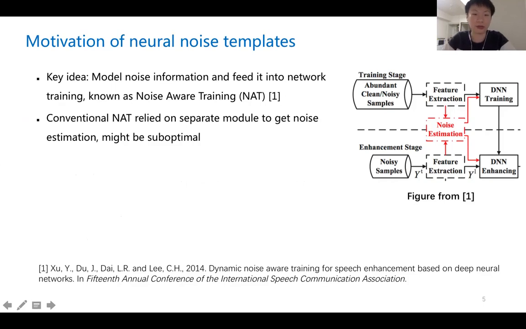In order to improve the robustness to unseen noise, the key idea is to model not only speech but also noise information and feed it into network training. So this figure shows we will have an additional noise estimation. This strategy is known as noise-aware training, or NAT. But conventional NAT relies on a separate module to get the noise estimation, which might be suboptimal for the whole system. In this work, we propose a bunch of trainable neural noise templates, also termed noise tokens, to